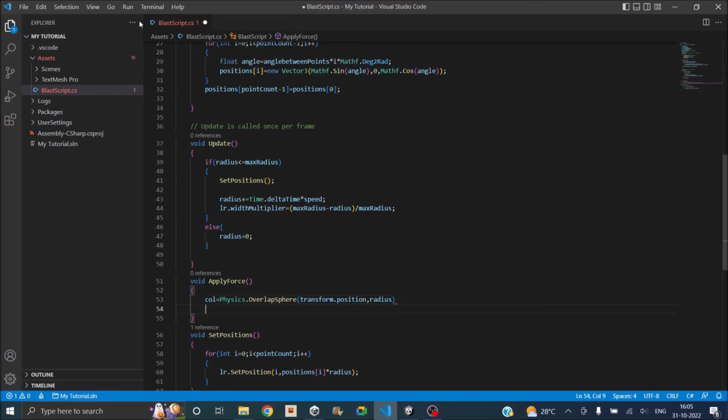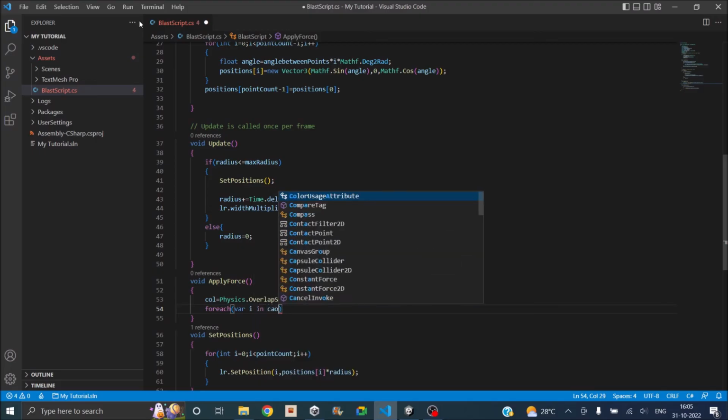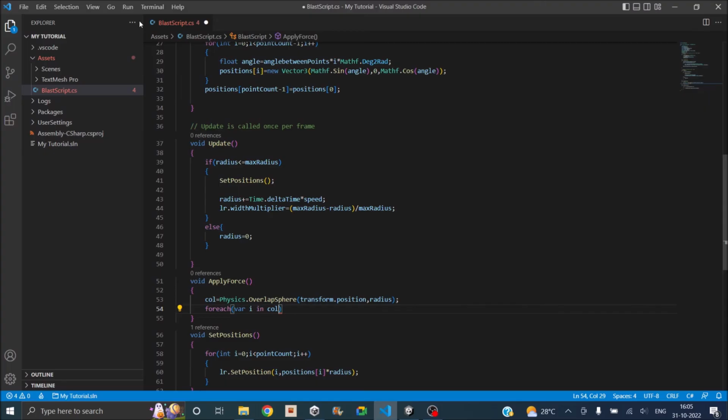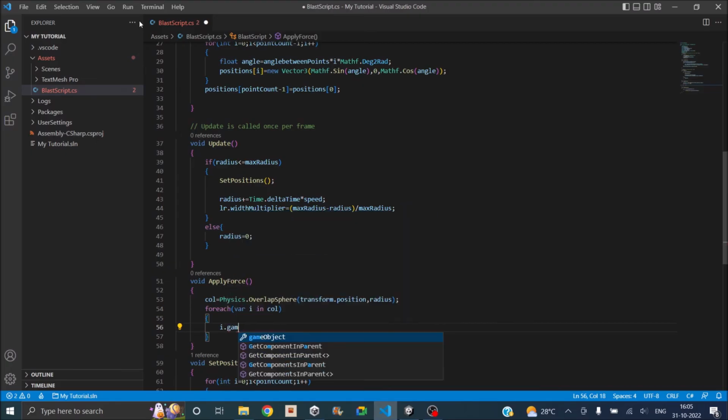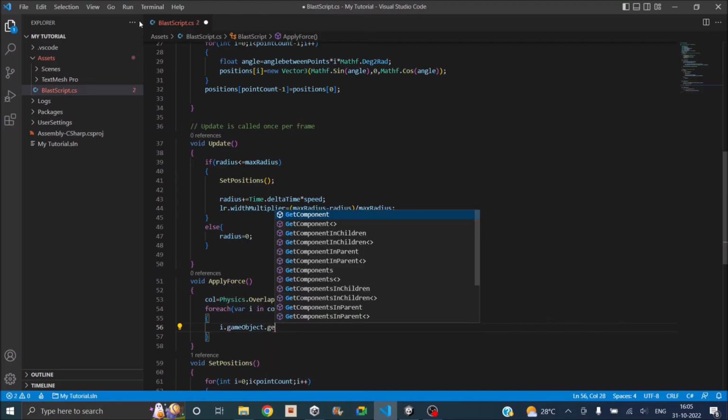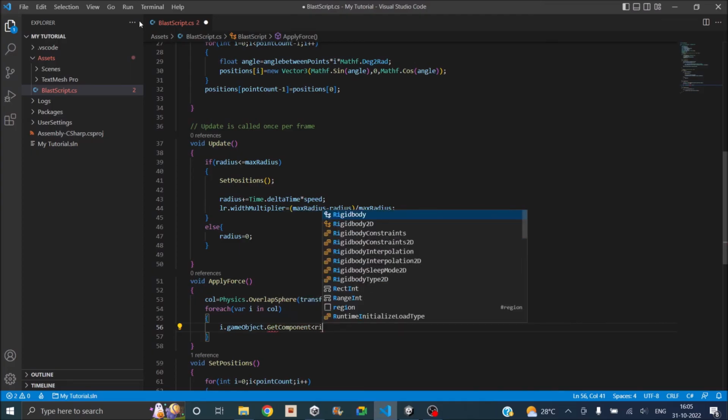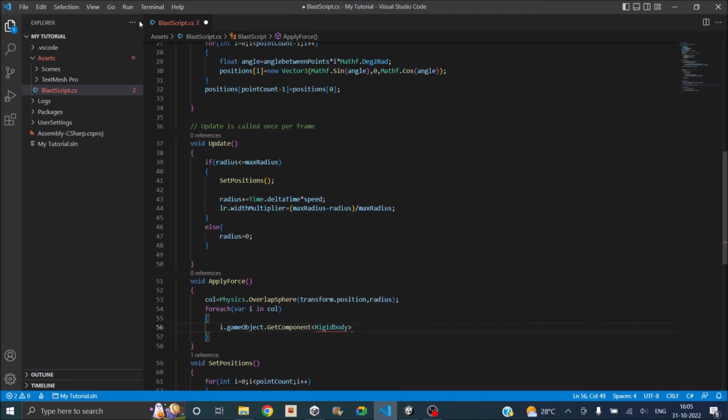Once you find the objects, which will be basically a list of objects, we'll say foreach variable i in col, we'll say i.gameObject.GetComponent Rigidbody. So we'll get the Rigidbody component of that, and we'll add a force,